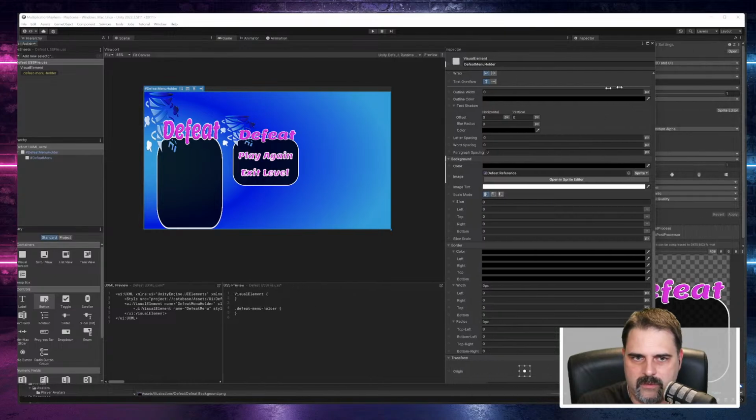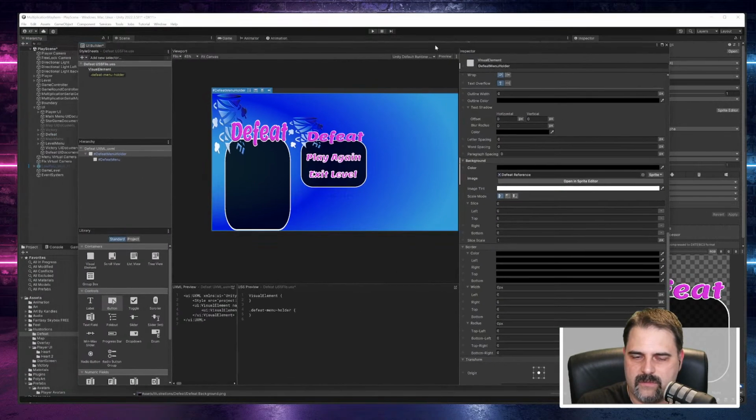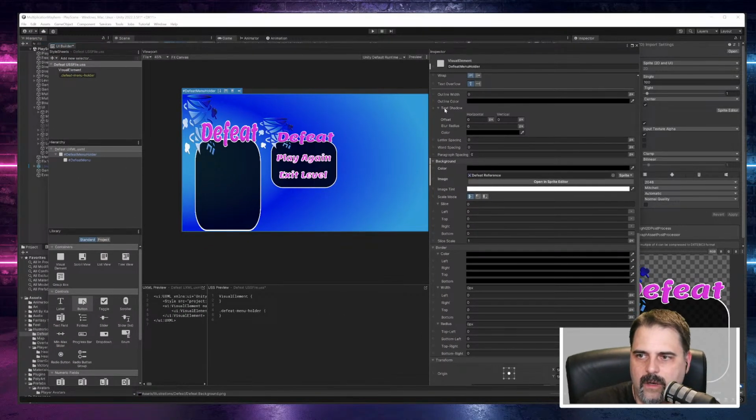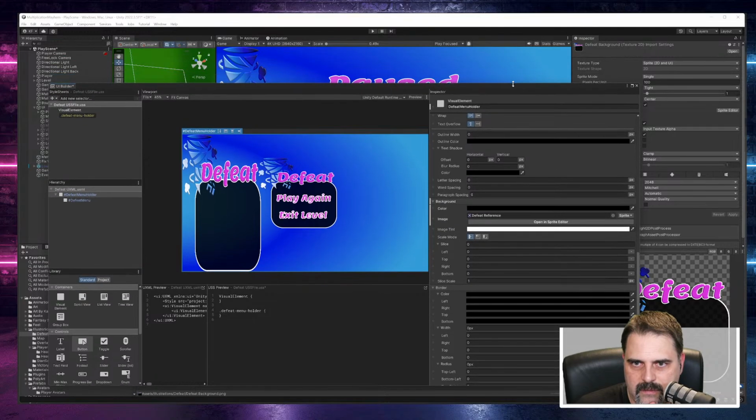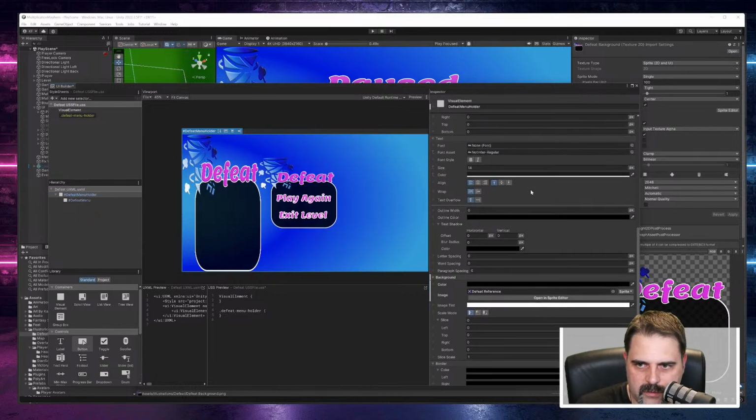It should be in the middle. Wait, of course not. So I make it a little bit smaller so I can switch easier between the two. Okay, so on this one, I have to make sure it's